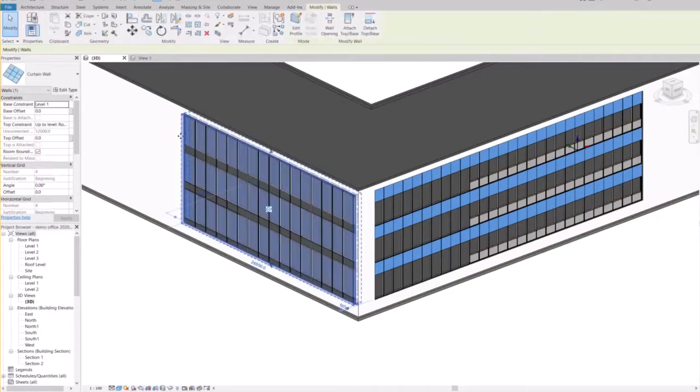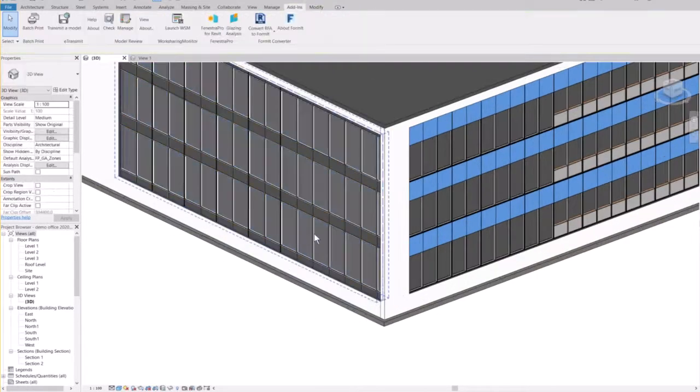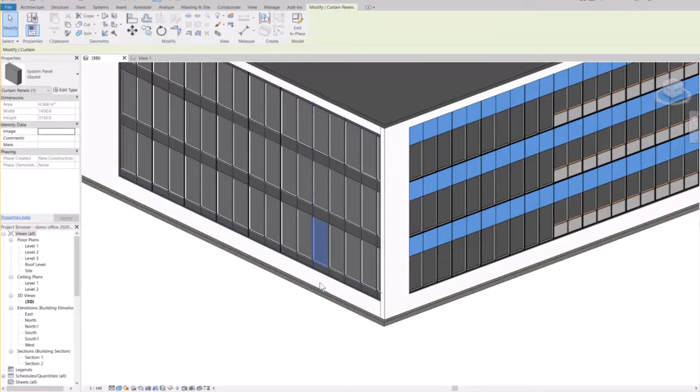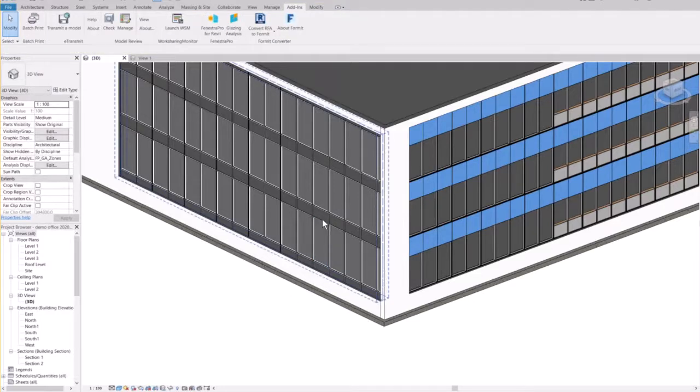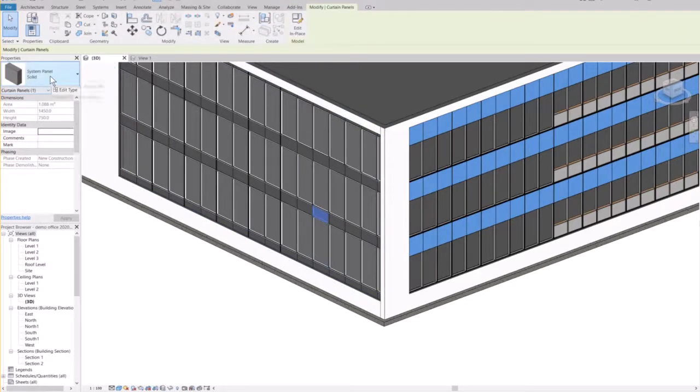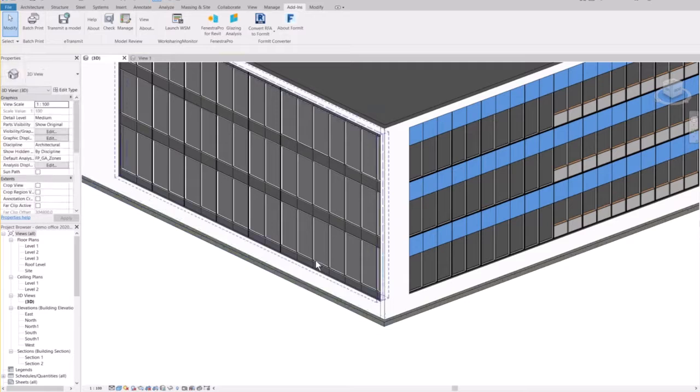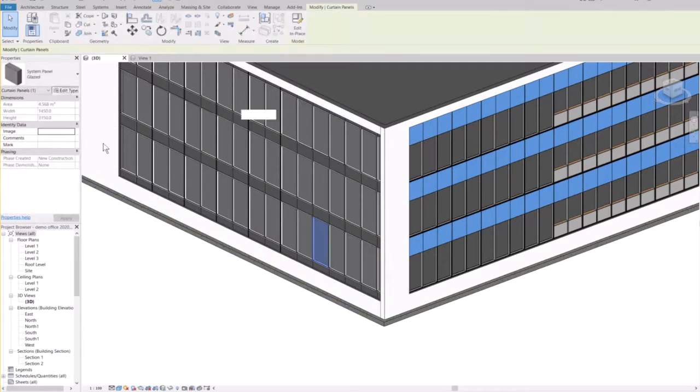We've got a curtain wall with a standard grid system, and then inside of each grid cell there's a system family. And the system family is just made up of one material. So if we look at that system panel, it's glazed. The one on top is solid. So we've got a solid panel. If we edit the type,